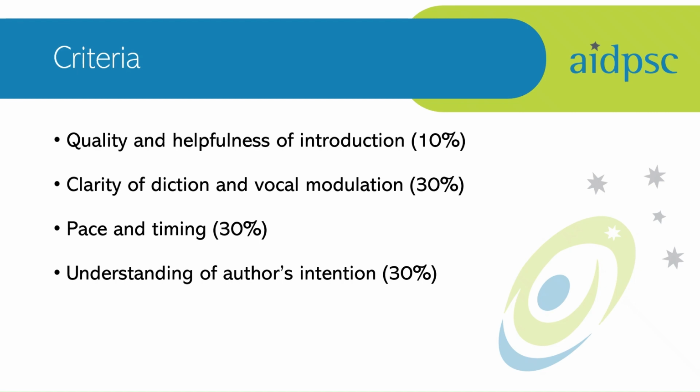Students may attempt to do this in many different ways. For example, through the adoption of voices, the control of volume and tone, and so on. There will be moments of light and shade throughout the reading, with shifts both across the reading as a whole and within individual sentences. Again, it should be noted that there will not be one correct approach. You are judging how effectively the student brings the reading to life.